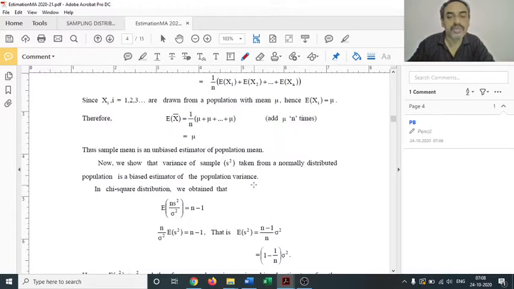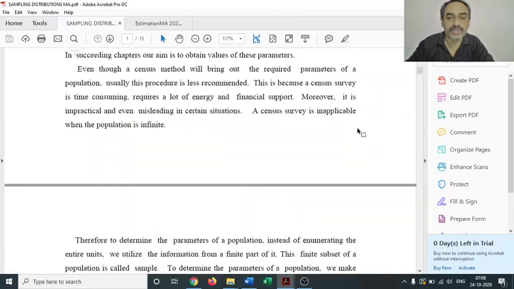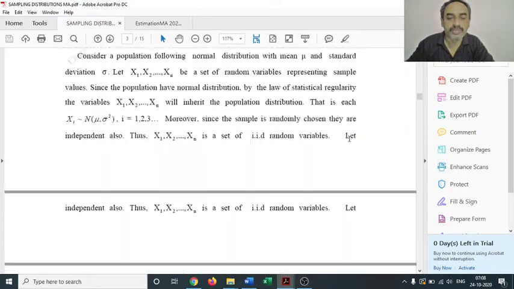This sample variance is an estimator proposed to estimate the population variance. If S square is also an unbiased estimator of the population variance, we must get E of S square equal to sigma square, where sigma square represents the population variance. For that, again, we can see from the sampling distribution, the chi-square distribution, that E of n S square by sigma square equals n minus 1. Shall I say again, open the page of the chi-square distribution, sampling distribution.